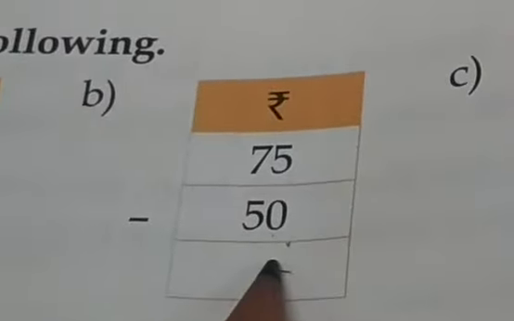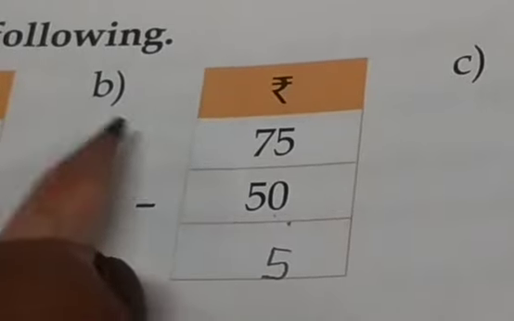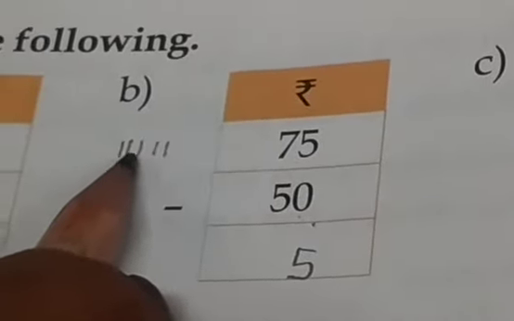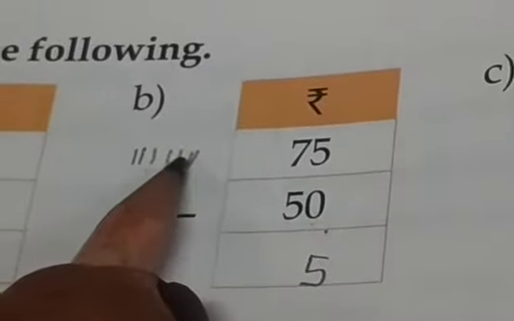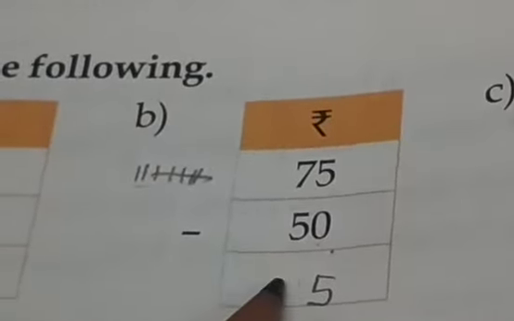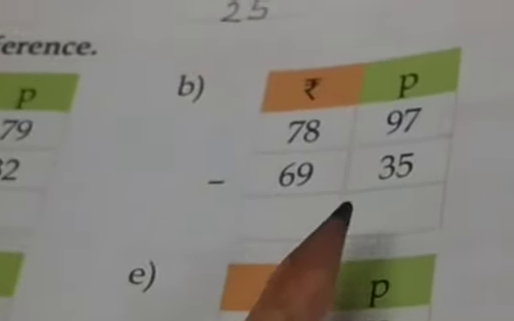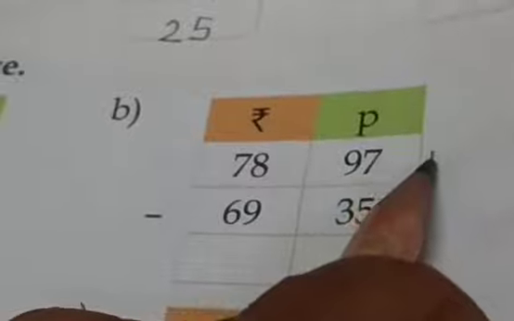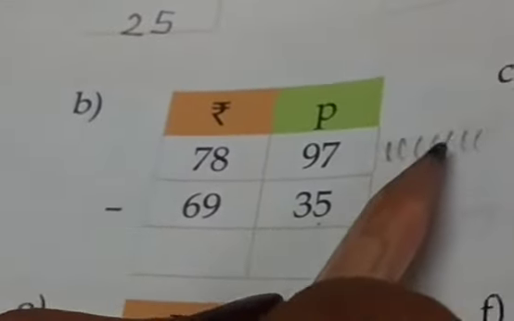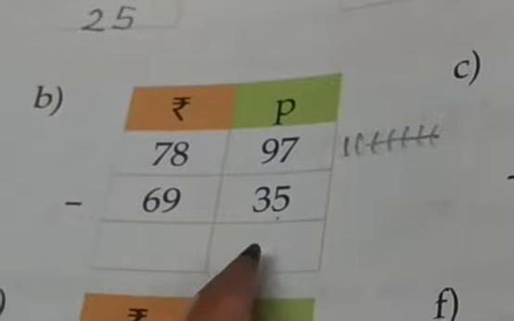Now here is subtraction. So 5 minus 0, the answer will be the same, 5. 7 minus 5, draw the 7 lines. You have to minus 5. 1, 2, 3, 4, 5. So remaining is 2. So in this way you need to complete this one. Now find the difference. Find the difference is also nothing but subtraction. See here, 7 minus 5. Draw the 7 lines and minus 5. Then you will get 2. 9 minus 3. Draw the 9 lines. Minus 3. Remaining 1, 2, 3, 4, 5, 6.